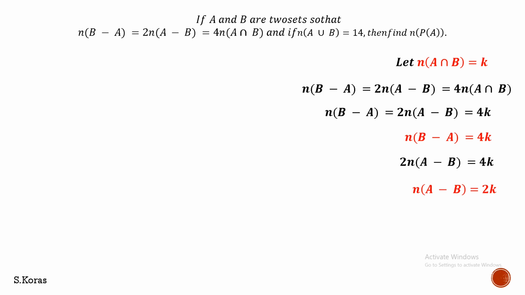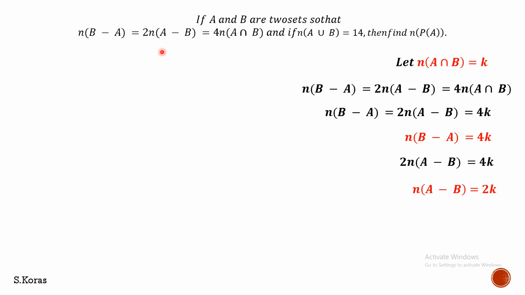So we got clues for all the three terms: for n of B difference A, for n of A difference B, as well as for n of A intersection B. For all these three, we have values in our hands in terms of K. So now let us apply this. Before that, if you see this A difference B, B difference A, A intersection B, these three things